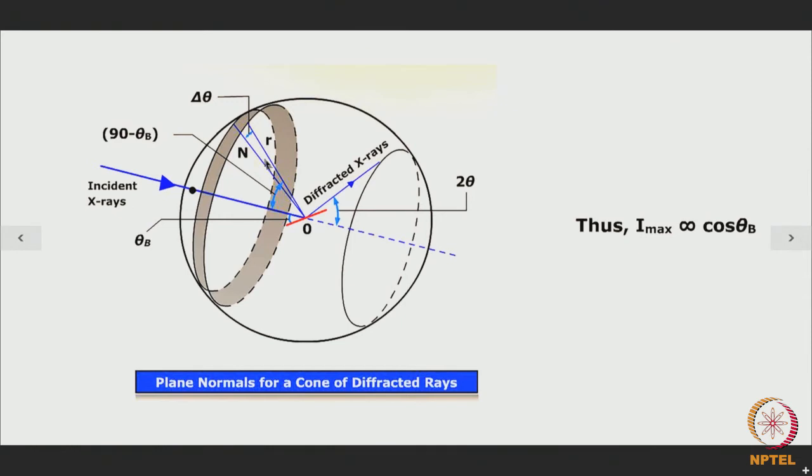So, these two lines will specify a ribbon-like element within a sphere which we draw with O as the center. So, we can say that all the crystallites that will be available to diffract from this particular HKL plane, their plane normals will appear within this ribbon element. So, the total number of crystallites which are available for diffraction from this particular atomic plane, the number will be proportional to the area of this ribbon-like